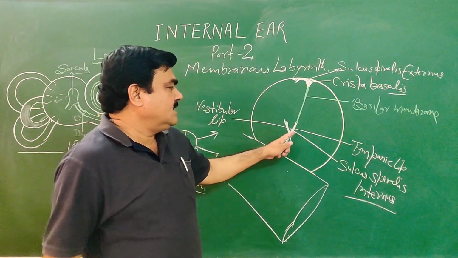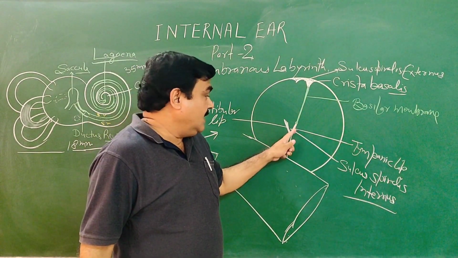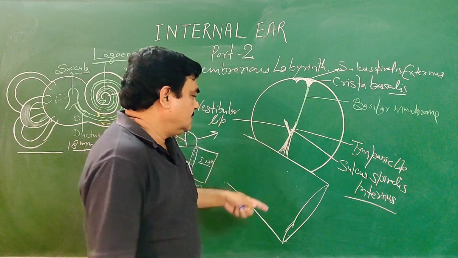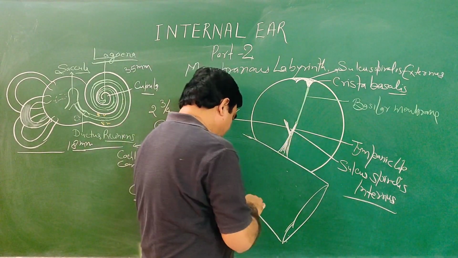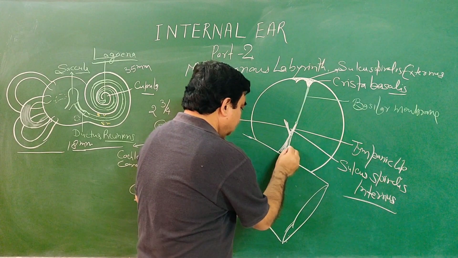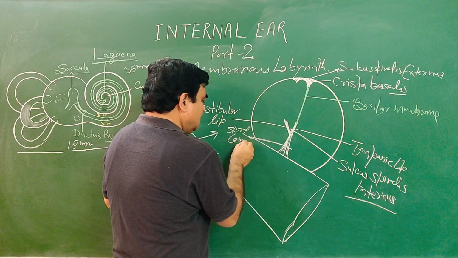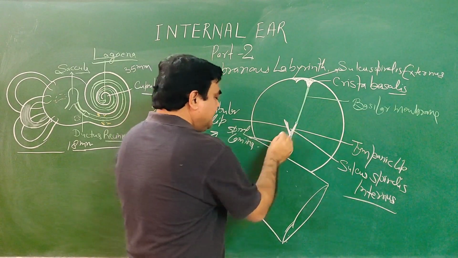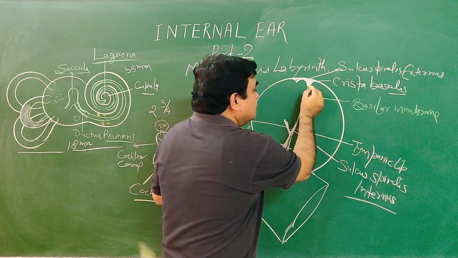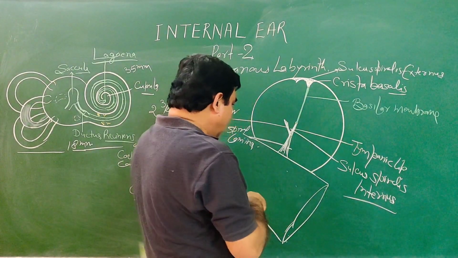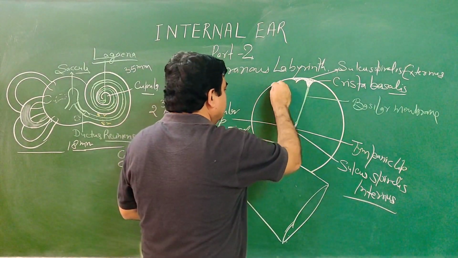The basilar membrane is attached from the tympanic lip of this spiral lamina. This is the spiral lamina, and the basilar membrane runs from the tympanic lip of the spiral lamina to the crista basalis. And another membrane here is